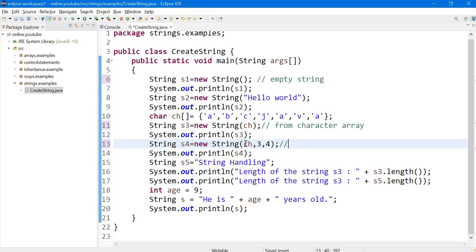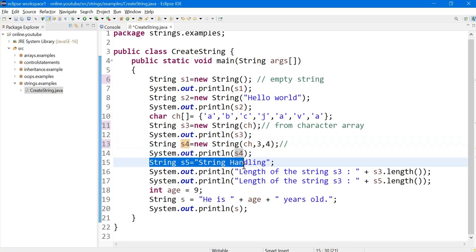So this is a character array, start index is 3, and I want to fetch 4 characters after this index 3. So the string s4 will now contain 4 characters from starting index 3. So 1, 2, 3, 4. s4 will contain Java as the value.